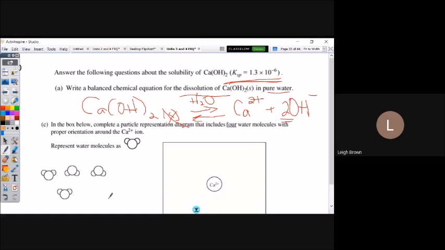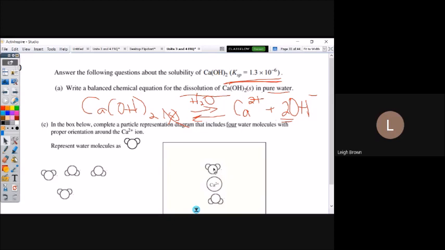Another type of attraction, and it's not really an intermolecular force since this is an ion, but a very common attraction, is the attraction of water to an ion. It is called an ion dipole attraction. So you're supposed to remember that the oxygen end of water